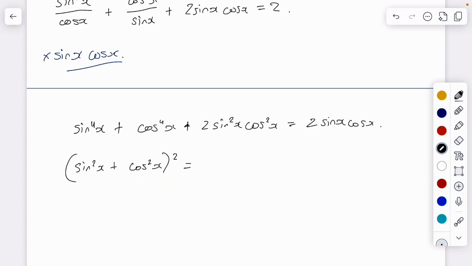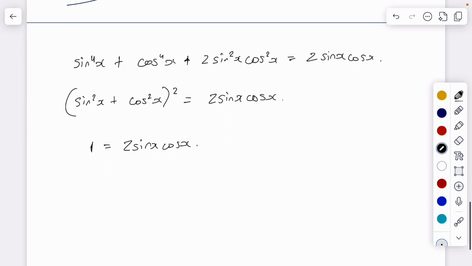And we're going to set that equal to 2 sine x cos x. Now, what is sine squared x plus cos squared x equal to? That's 1. So 1 is equal to 2 sine x cos x, which means that